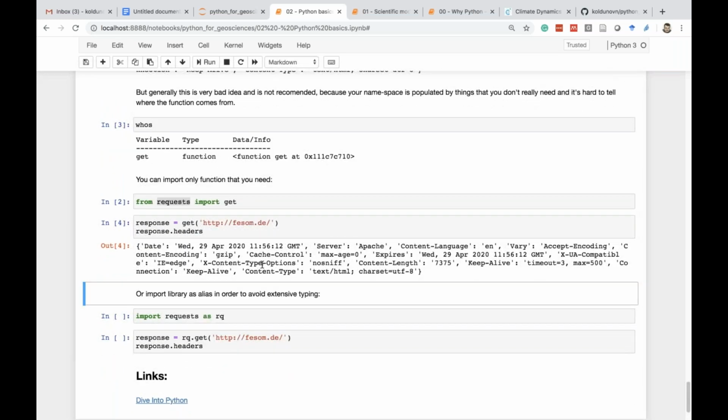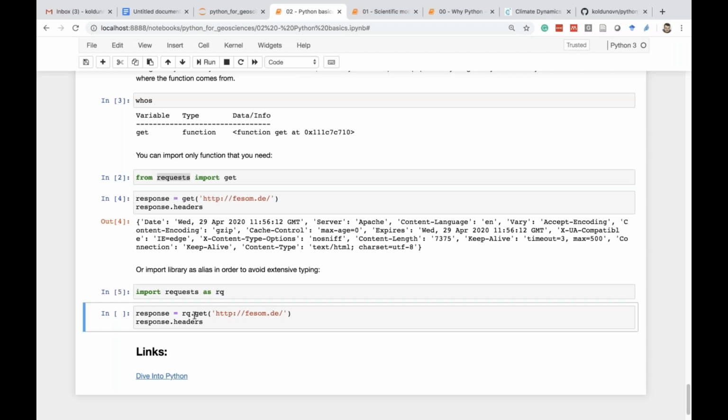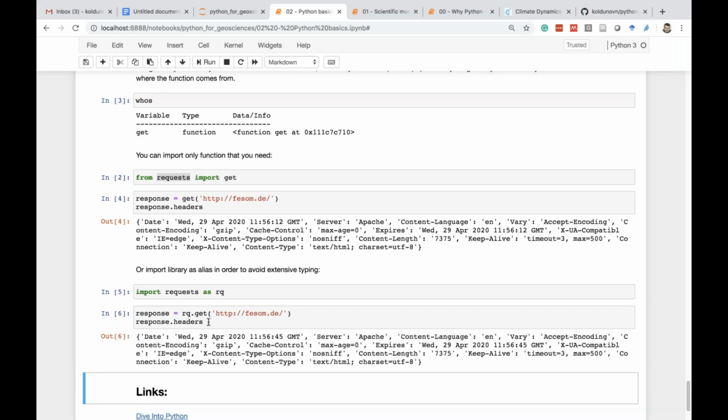Another way that you will see very often in this course is saying import request as rq, import request as some alias. Why is it so? Because people are lazy. They don't want to type requests all the time. They just want to type something small, and this is how they shorten it. And this will result in this kind of code. You just can say rq.get,